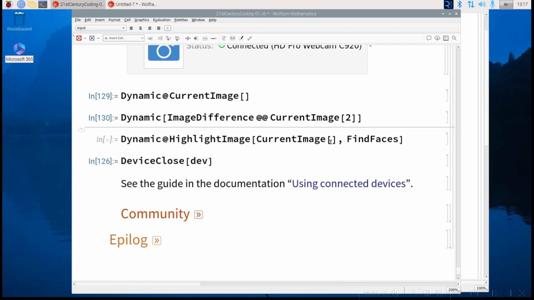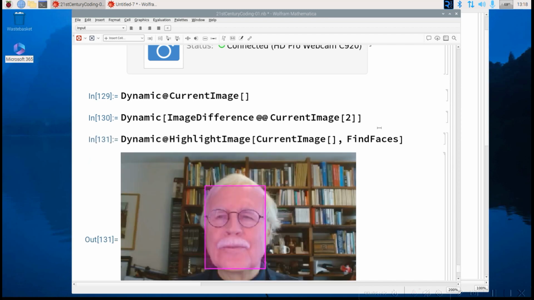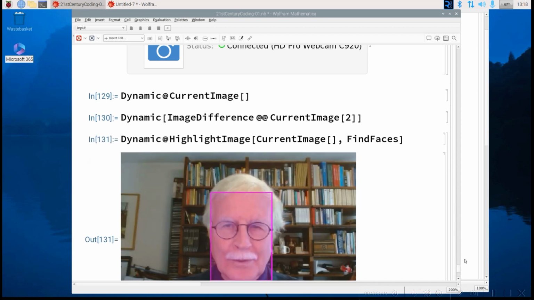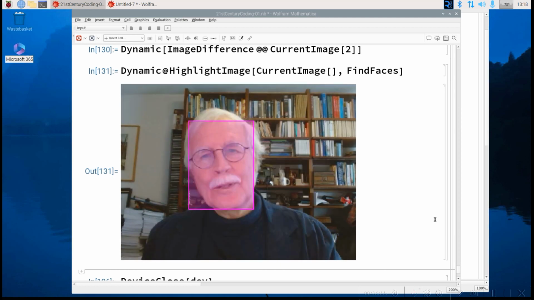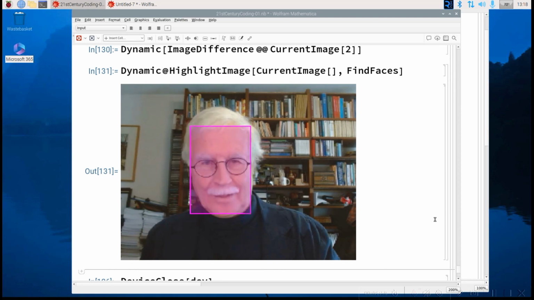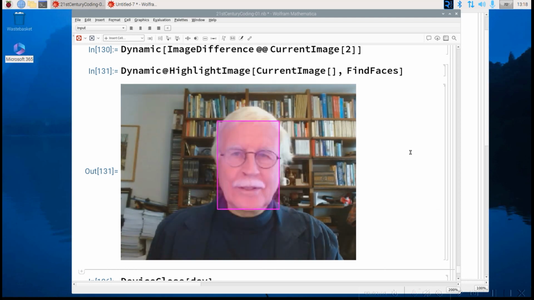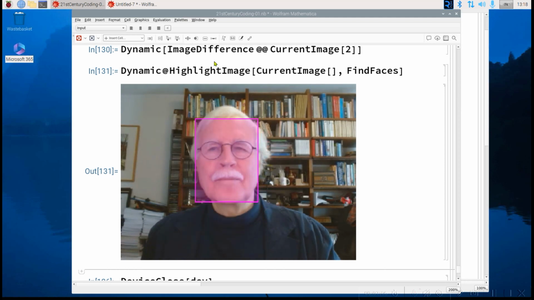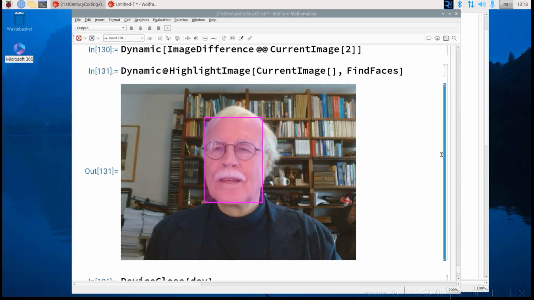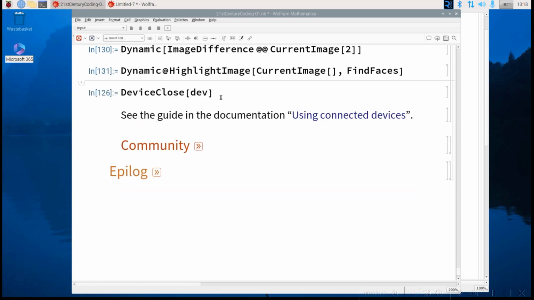You can even go a step further and say, okay, we have the current image and we have the function find faces, and then highlight it and do it dynamically. So now it automatically finds the faces. It needs to download a neural network, and you see this is my face, and if I move, it follows my face. It's pretty cute. And all this, you can put any function of Mathematica in here and do real-time computing with your video. And at the end, you just close the device,